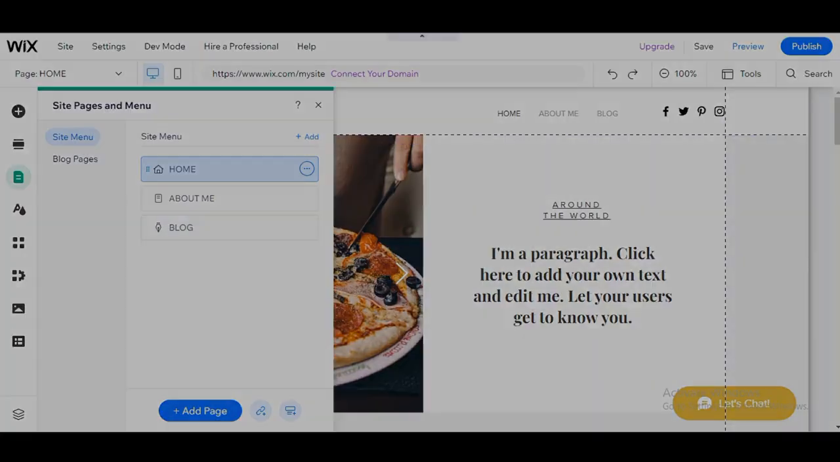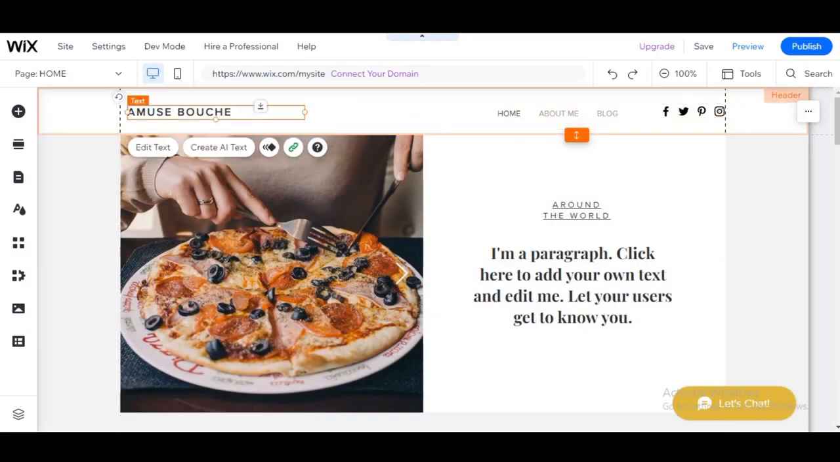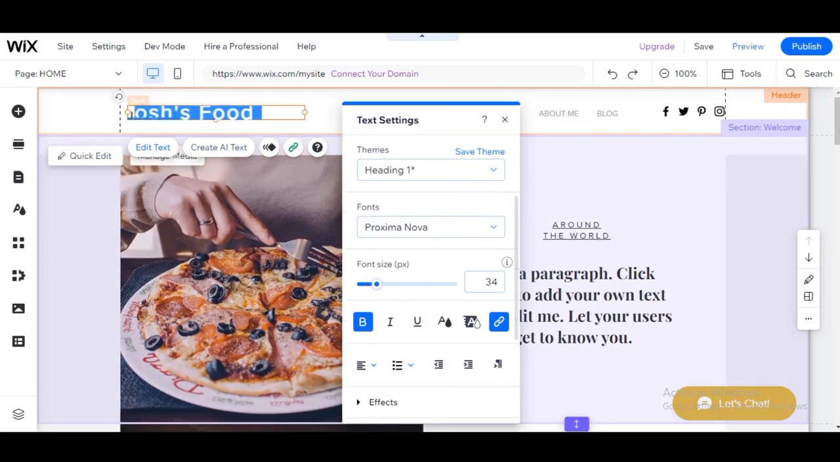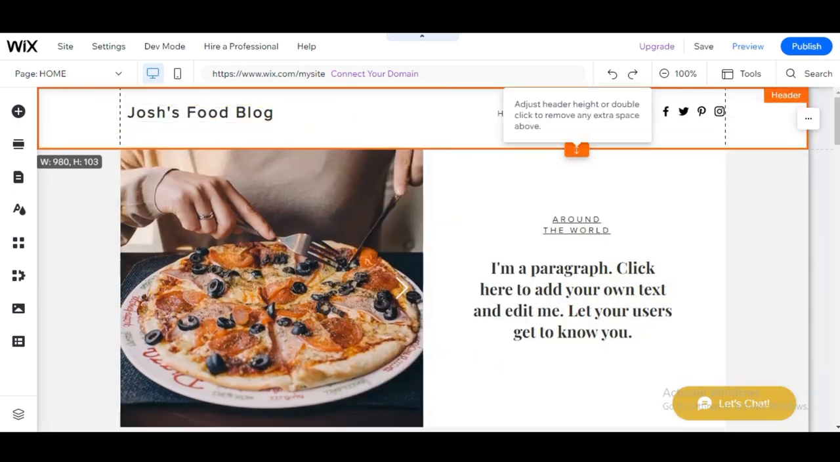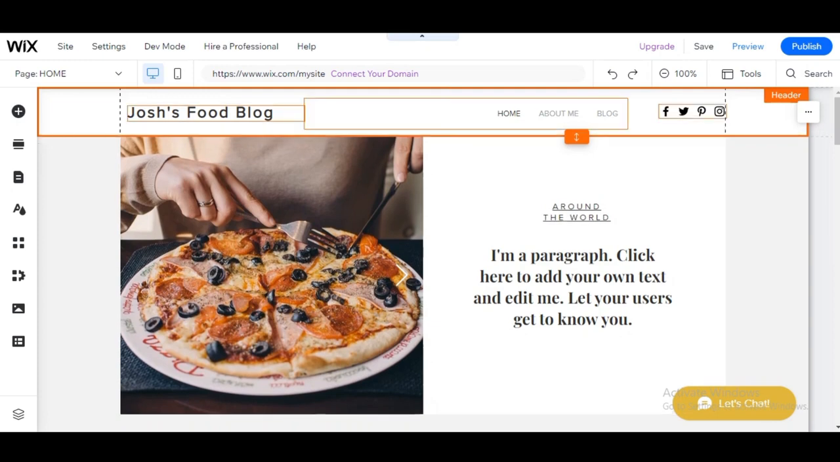Now we can go ahead and begin by adding your own name to your website. I'm just going to click on edit text. So let's say this is just Jane's food blog, and I can also change the size of the font as well. I'm going to select the font and I can make it larger or smaller, however you want to design it. And if you want to move a section, you can just click on it and move it with